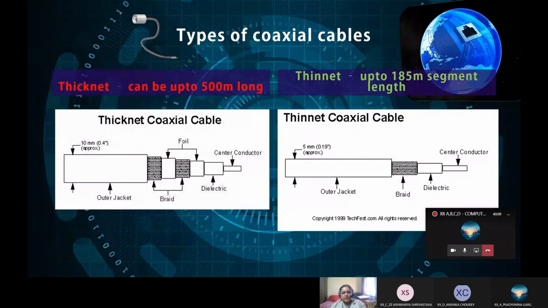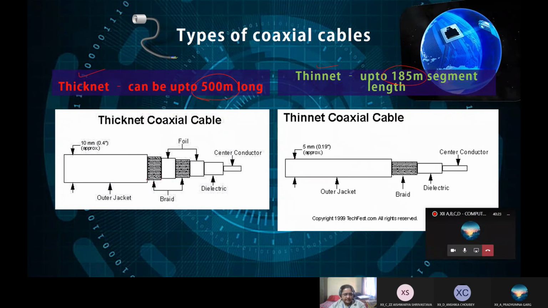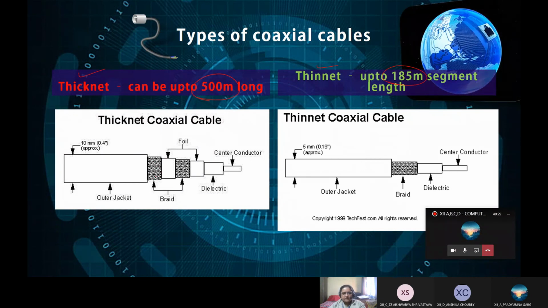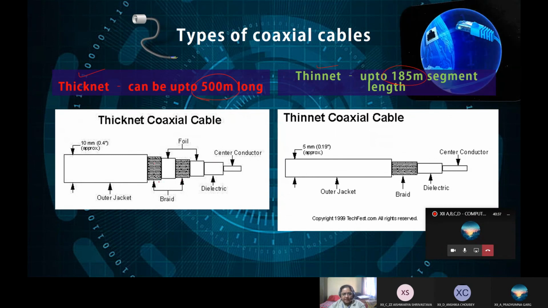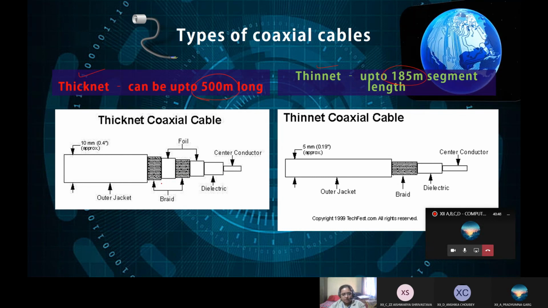Okay, types of coaxial cables. So thicknet, segment length 500 meters, thinnet, segment length 185 meters. And you can see thicknet coax comes with an extra layer of braid inside it, a small layer with woven thread. Or this could also sometimes be a wire mesh which provides braided protection, an extra layer of protection provided to the inner central copper conductor, so that any kind of transmission is safe from attenuation or crosstalk.